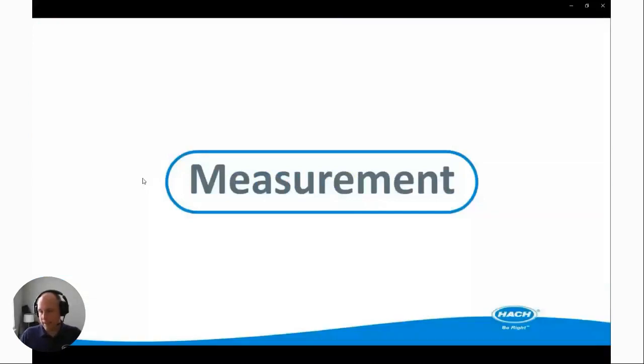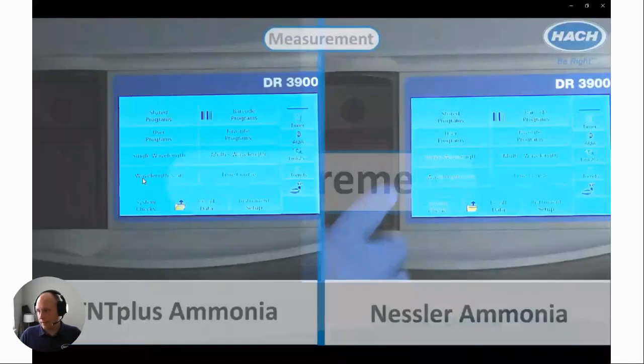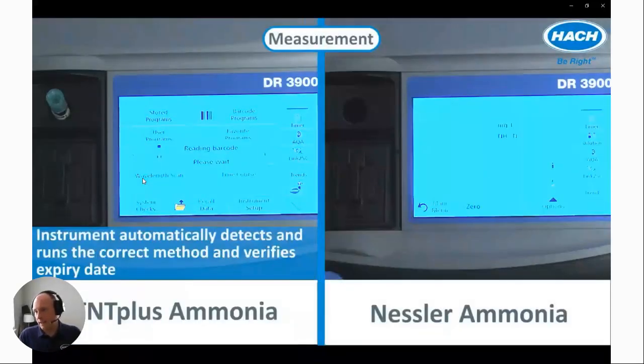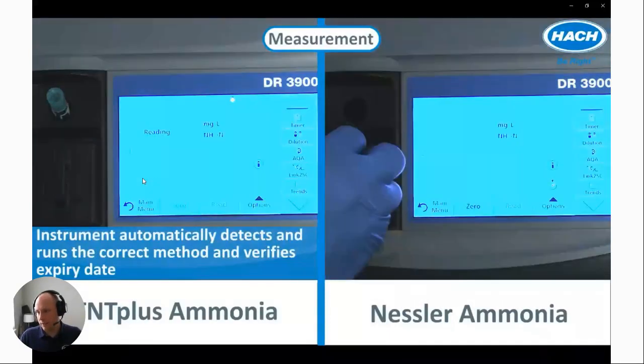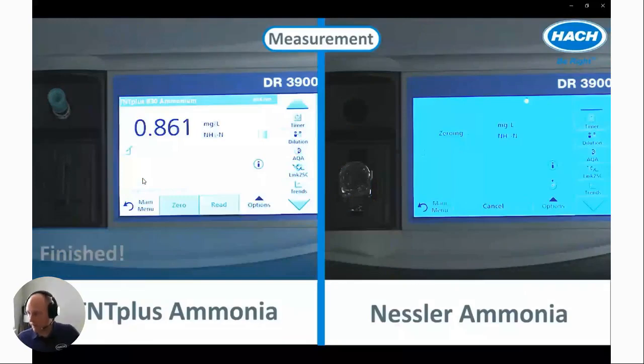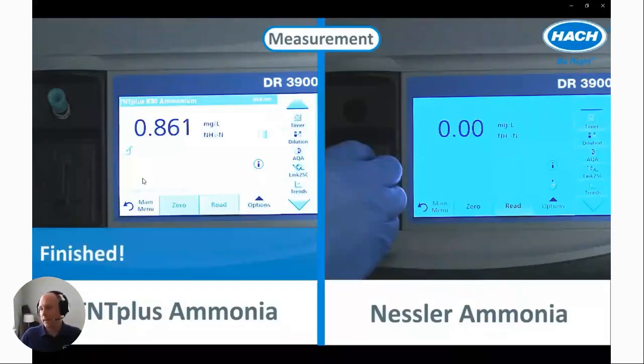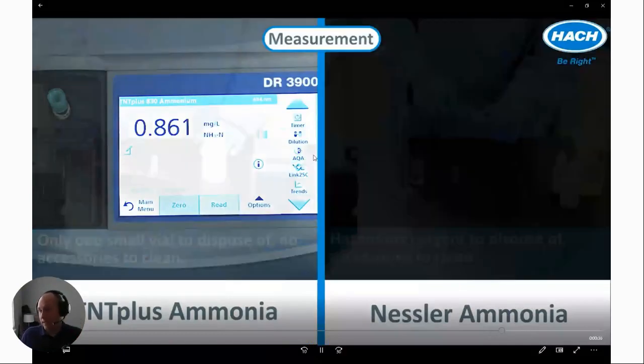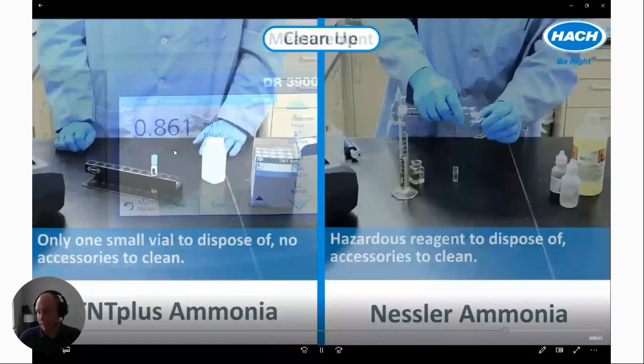So again, we have the TNT Plus on the left-hand side, where I just stick it in the instrument, and you can see it starting to read the barcode. Now it's spinning, making its measurements. Boom, it's done. On the right-hand side, I found the method I needed. I loaded it. I just ran the blank. Now I'm running the sample, and boom, it's done. You can't see it off of that screen, but all of the lot data is also stored with the TNT Plus for that measurement.